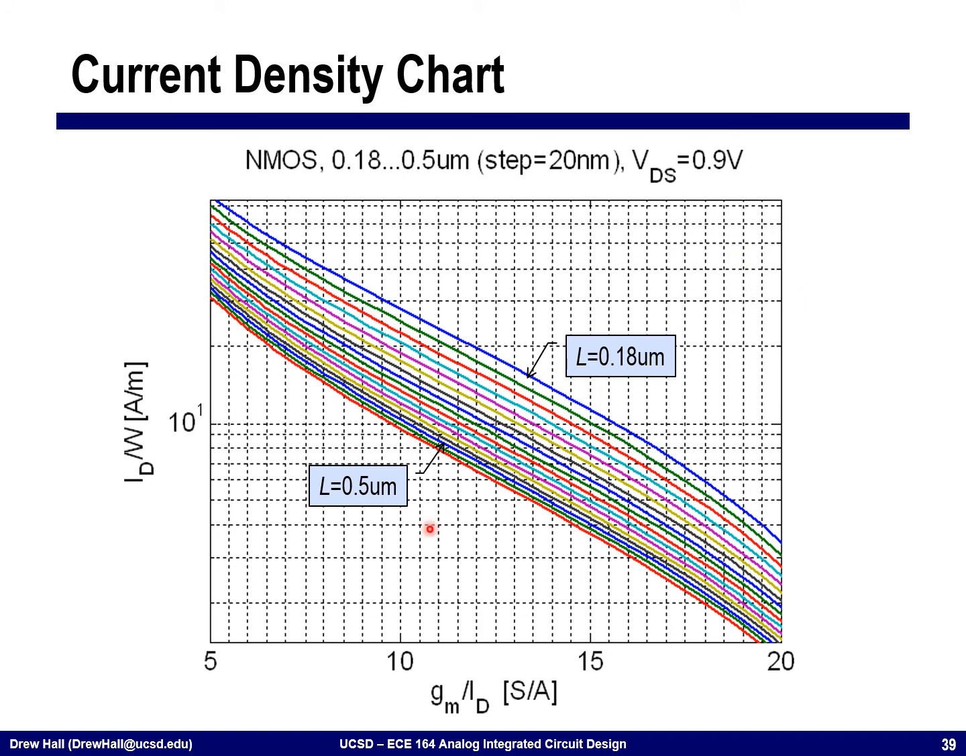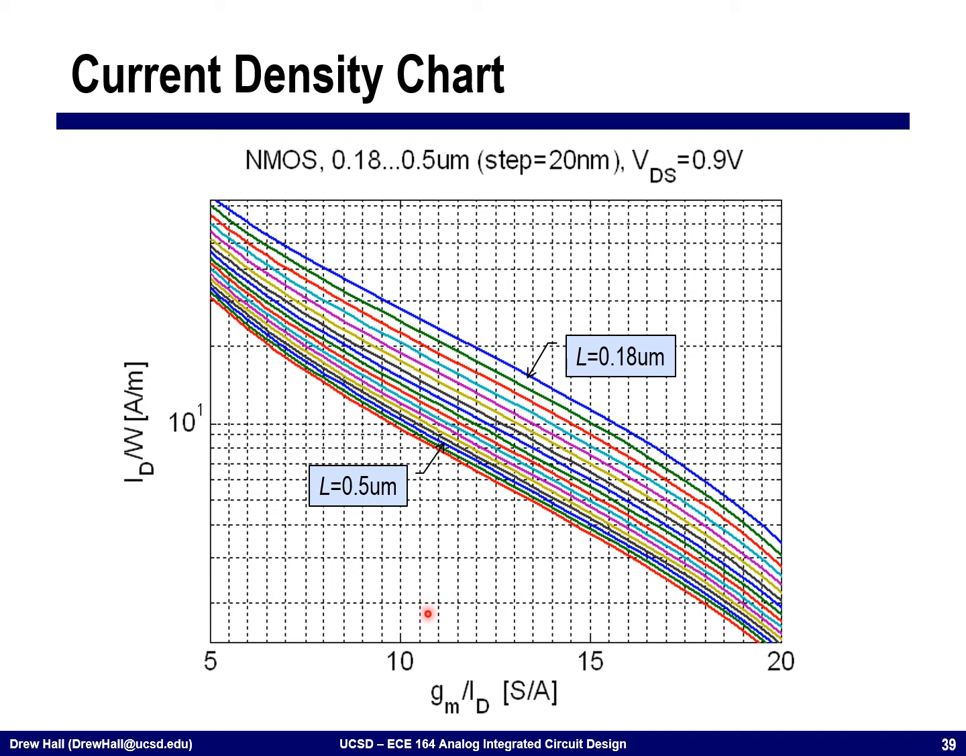This current density plot shows ID over W versus gm over ID. Again, the minimum channel length device is up here, increasing down to the half micron device at this size. Okay, and so the way that we'll use this plot is that if I want to bias a transistor,